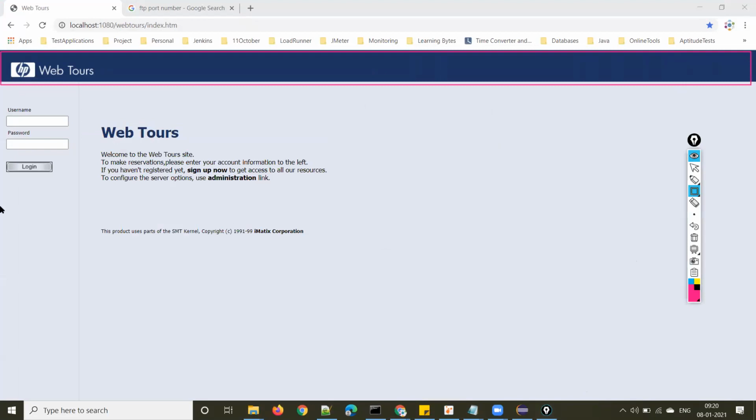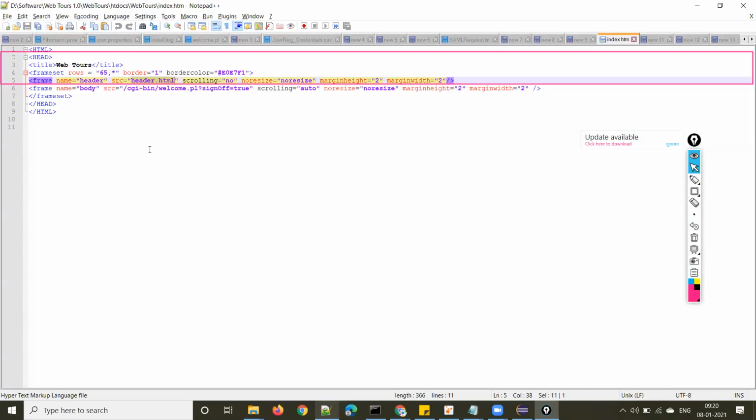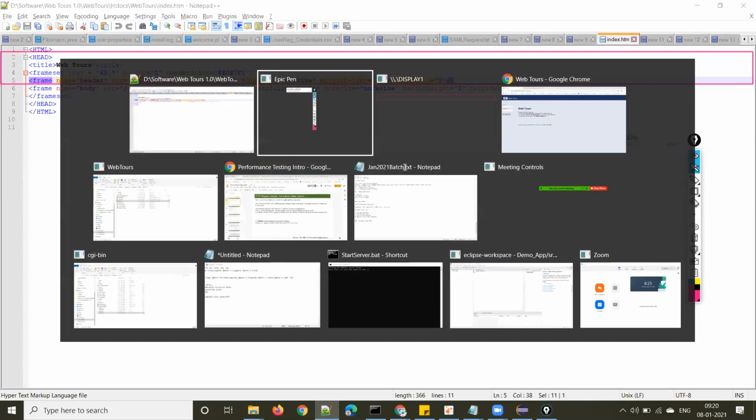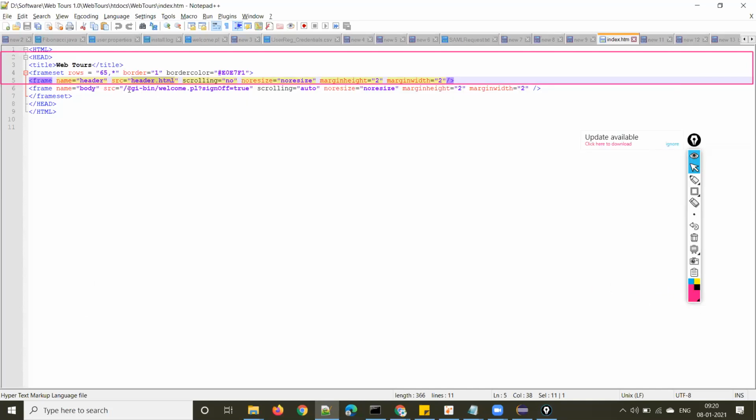And what is the other one that I have told? The other frame is welcome.pl. The next frame is the body frame. In the body frame, it is calling welcome.pl. Where is that welcome.pl? That is in the CGI bin folder. In the CGI bin folder, you have welcome.pl.